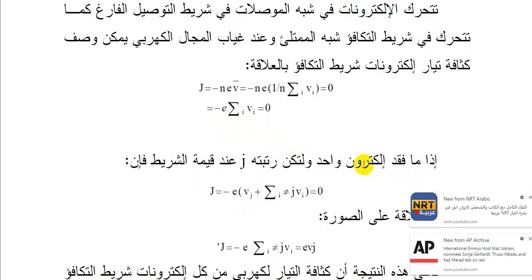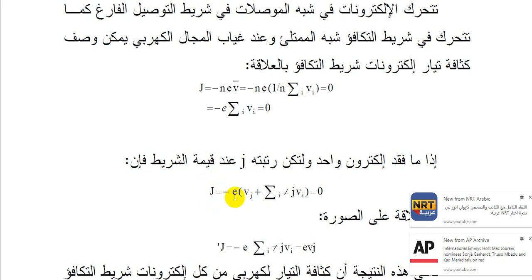If the electrons happen to be lost, يعني إذا فقدت الإلكترونات, ranked as J at the band value, so J equals to equivalence, or J equals exponential Vj plus the summation of I does not equal G at Vi, or J Vi equals 0. يعني كما ترون أمامكم كثافة تيار الإلكترونات اللي هو J. The electron's current density at the equivalence band, يعني كثافة تيار الإلكترون في شريط التكافؤ هي J.